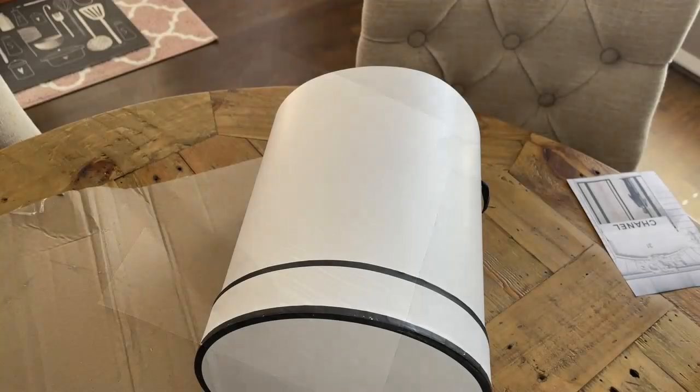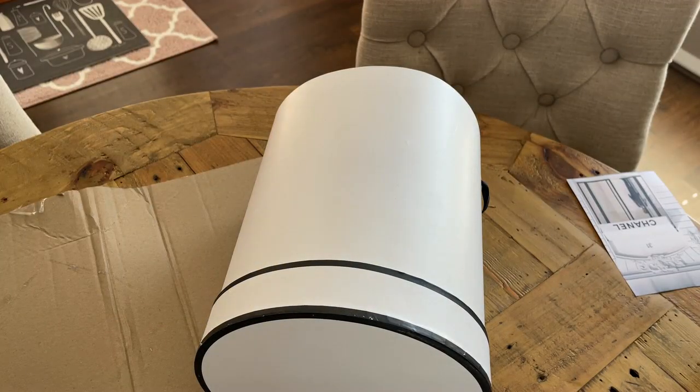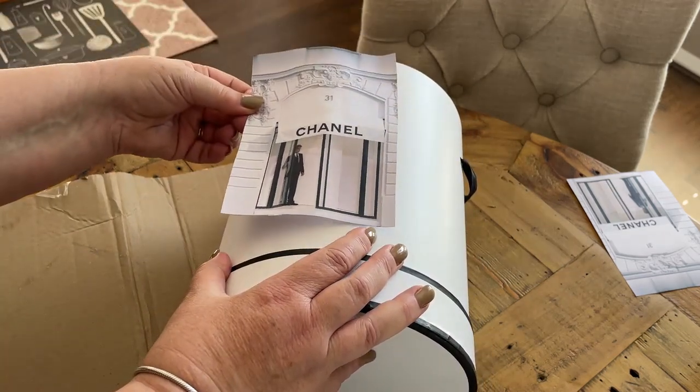You're then going to position it in place. Here I'm just lining it up to make sure it's in the middle, and then I'm going to smooth it